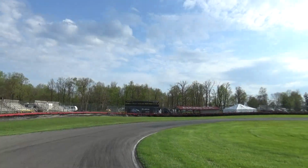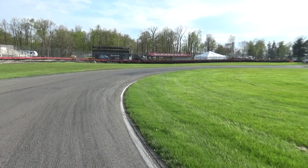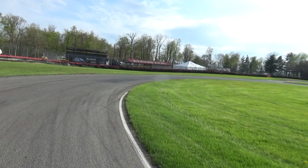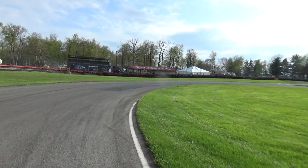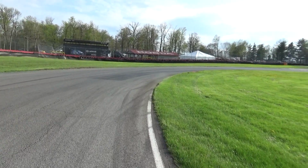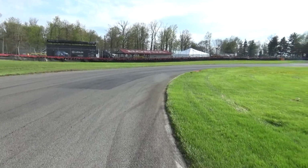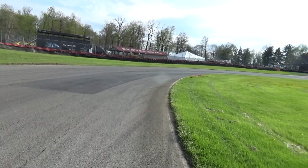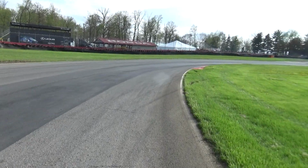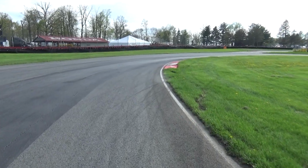Got a Lexus branding over there for what looks like a hospitality suite. Lexus being the Toyota luxury performance brand. To me, Acura seems more like a performance brand instead of a performance luxury brand, but I currently drive a Toyota right now and I love it. So if the money came along down the line, Lexus would not be a bad option. Anyway,